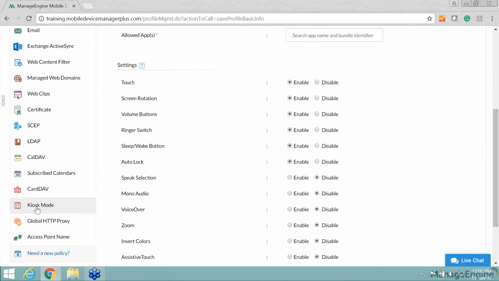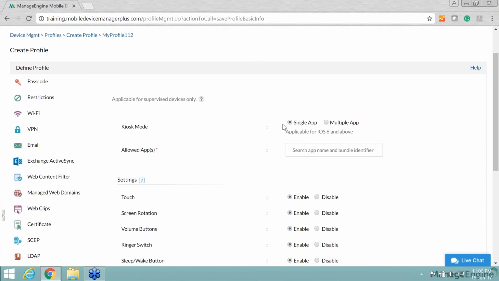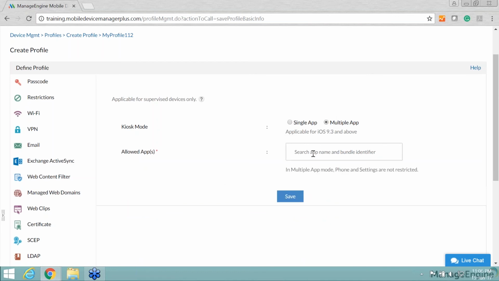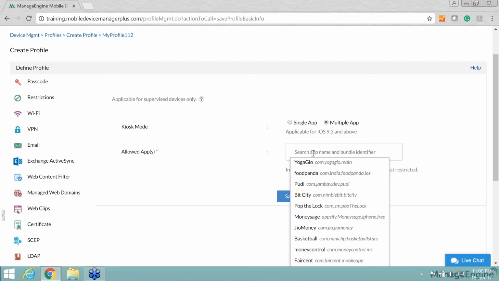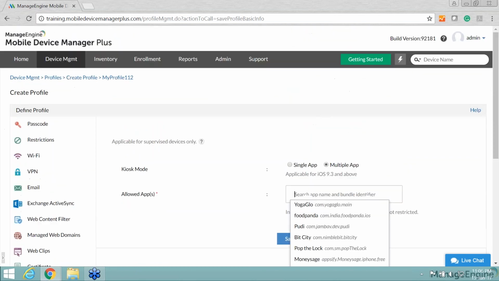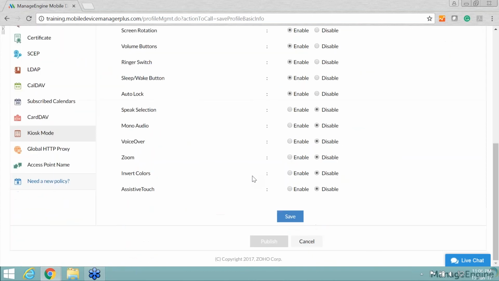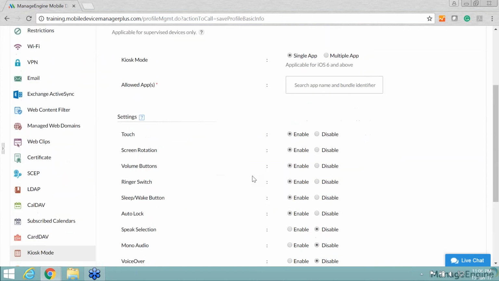Now I can select whether I want to run a single app or multiple apps on the device. I then have to type out the app or click on the app that I want running on the device. You can also choose to restrict the other hardware buttons from functioning as well, as can be seen here. On saving and publishing this profile, I can then associate it to a particular device or a group.